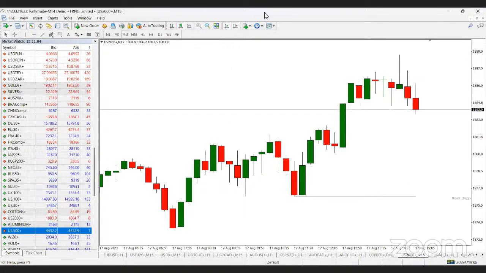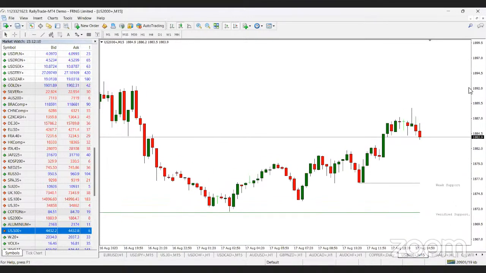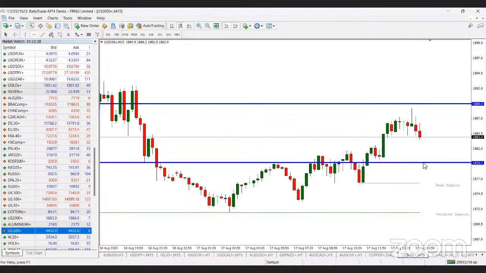So in terms of entry, especially when the US session begins in the next 18 minutes or thereabouts, what I'm going to do is very simple for me. I am going to be looking out for these particular entry points or entry zones in the market. Now, if you check US 2000 from this particular point here, let's even start from this low. From this low, we had another one here, and we had this. Okay, so where I'm going to go in on my US 2000 sell is below this most recent low. Below this point here, I'm going to go in and come out at this weak support